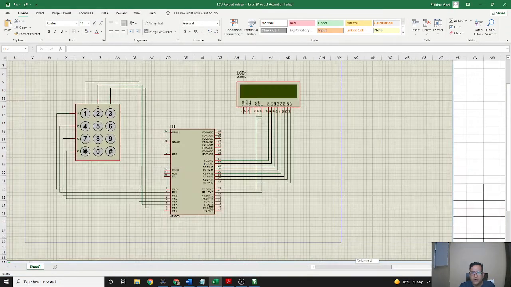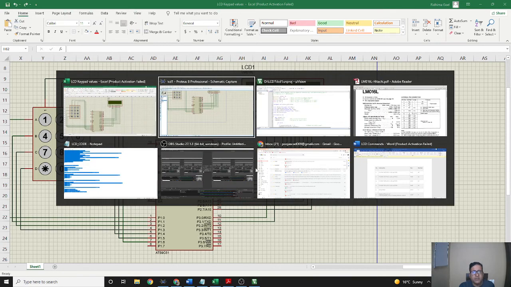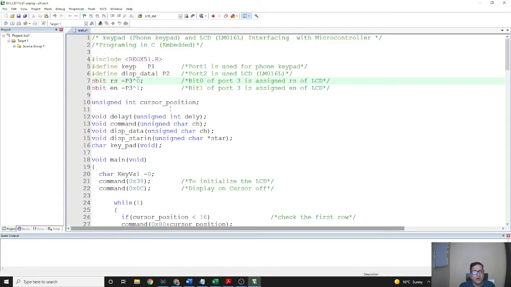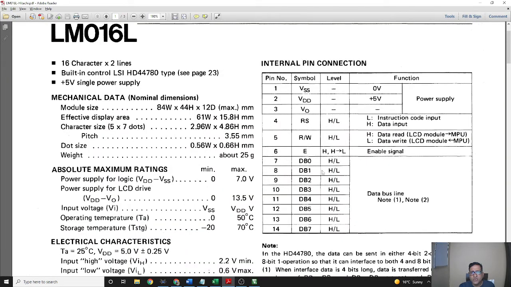If we see here, this 3.0 is connected with the RS of the LCD. So we set this bit to the RS, and P3.1 is for enable. From the data sheet we can check that the 6th pin is the enable signal.